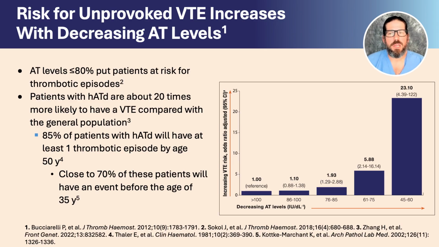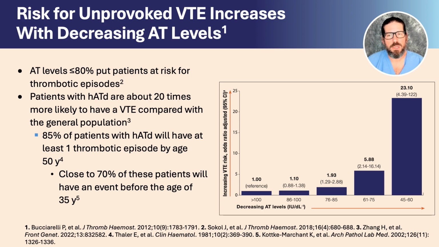A deficiency in antithrombin levels is associated with an increased risk for unprovoked venous thromboembolism. This figure presents the results from a case control study of 1,401 patients with a first objectively documented venous thromboembolism and 1,847 healthy controls. Investigators assessed the risk for venous thromboembolism associated with varying plasma levels of antithrombin, protein C,